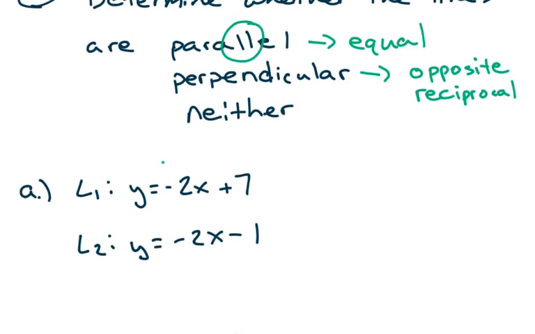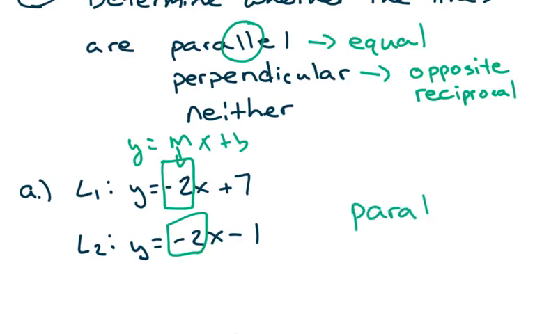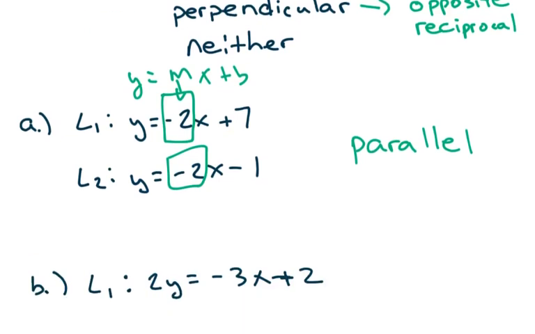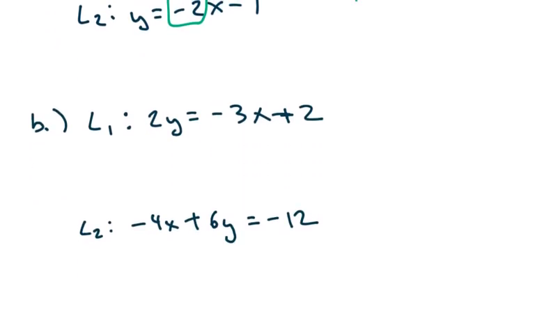So we see here the slope. Remember the slope is m, and y equals mx plus b. We see the slope is negative 2. So they both have a slope of negative 2, which means they're parallel. When the slopes are the same, they're parallel. In B, they're trying to trick you by